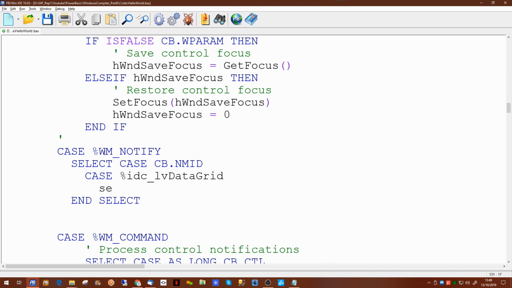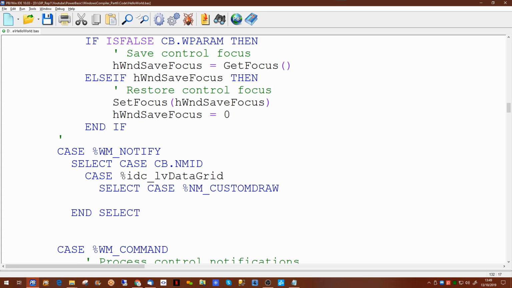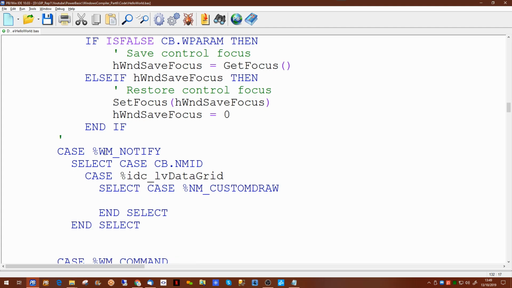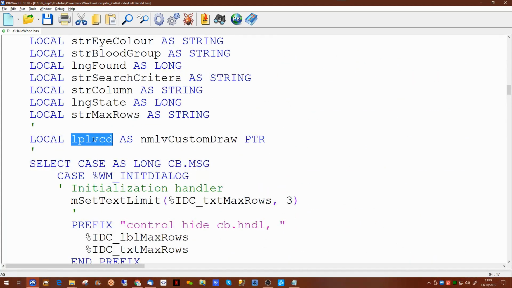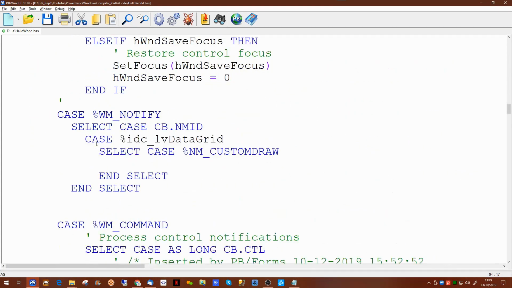Now we need another select command to pick up another constant, which is the fact that we want to do a custom drawing of the control. This is where we're going to be using our pointer. So the pointer we defined up here is the one we're about to populate. And we're going to pick up one of the properties of the callback,